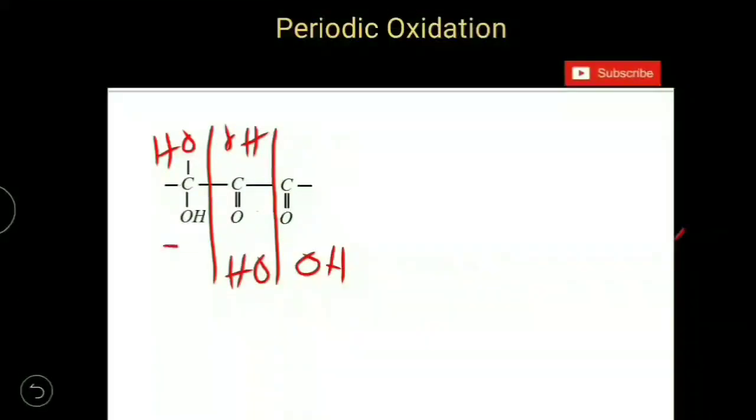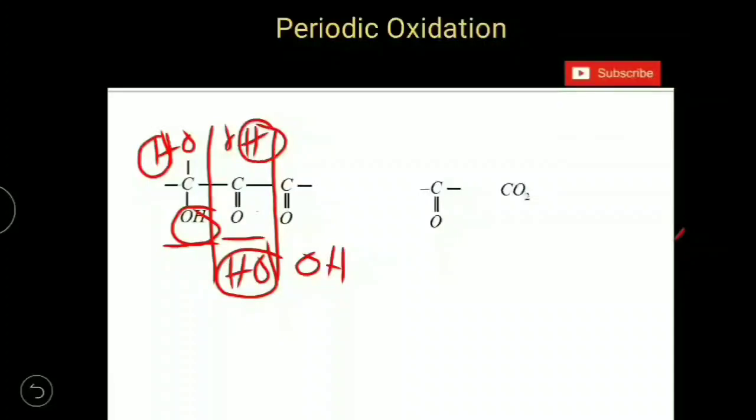Now when you come to the first part of the compound, you got two OH groups on the same carbon. So remove H2O from it. You will get a C double bond O group. And from the second part, you already got C double bond O and two more OH groups are added. So remove H2O. This OH and this H are removed. So one oxygen will be added to the CO group, meaning you will get carbon dioxide. And then in the remaining part, you got C double bond O, to which an OH group is added. So you will get a carboxylic acid.